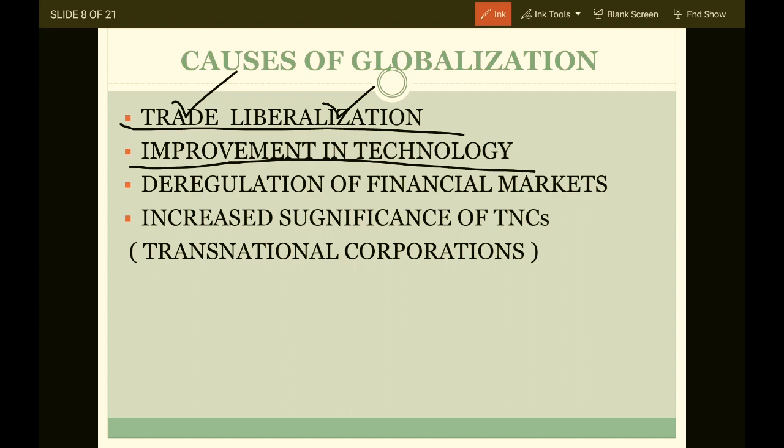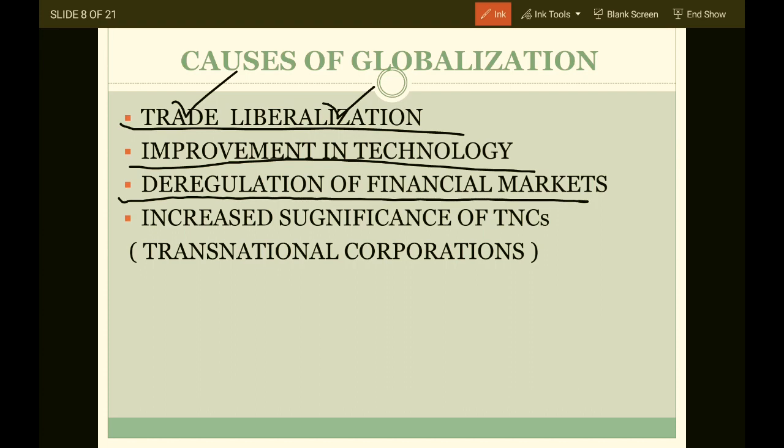Improvement in technology, very very important. Every economy wants to be technologically sound, but it's not always possible. For India in 1991, it was not possible to be technologically sound. So they wanted FDI, they wanted globalization, so that foreign entrepreneurs come here, start a business and use more technology and software, so that our economy develops. That contributes towards increasing GDP, GNP, per capita income, and improves the standard of living of the people.